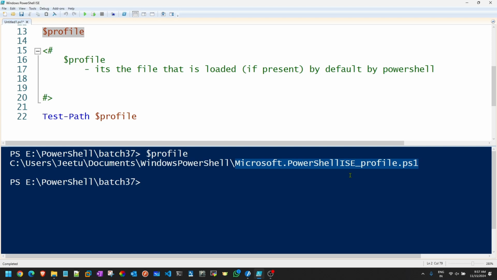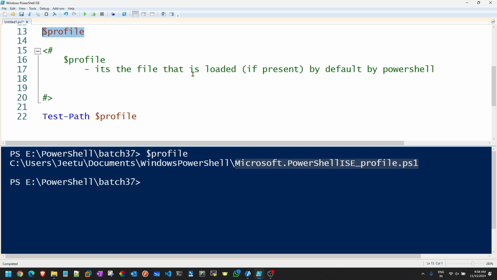It's pretty difficult. So what we can do is we can just refer to $profile every time. You don't have to write the entire path manually. The path is already available inside the variable. Just call it. It's a predefined path. You can change the file, but that won't be loaded over here. It's a predefined path that you cannot change. You have to use exactly the same thing. Inside the file, whatever you want can be changed, but not the path and the file name.